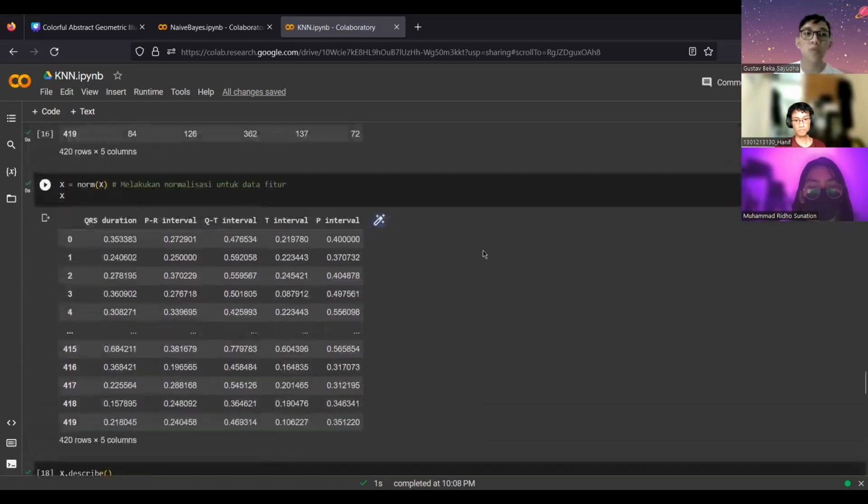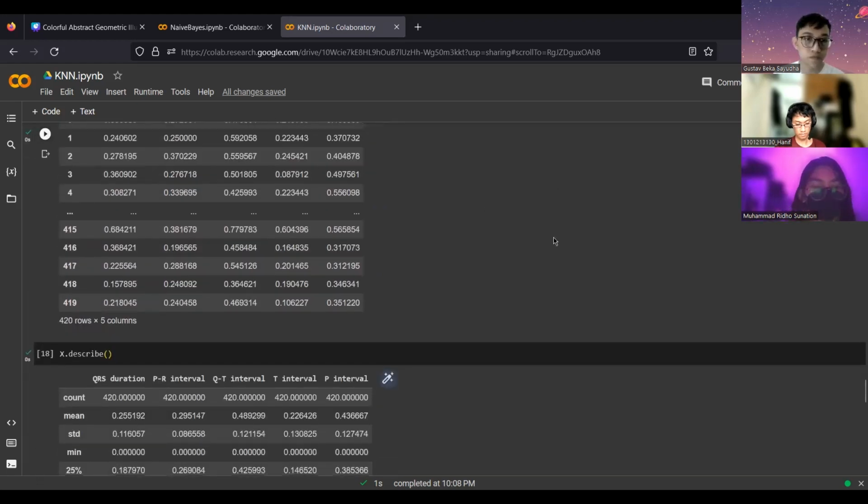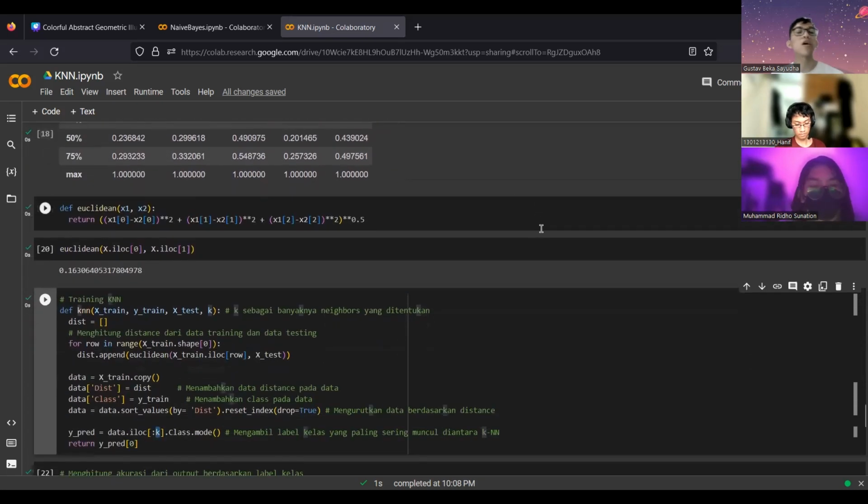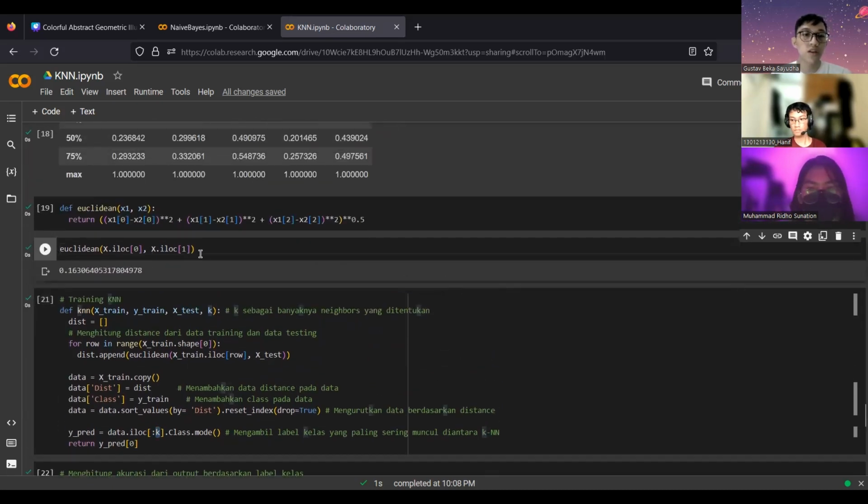After that, we use the normalization function to normalize the X data frame. And here we can see the result of the normalization. It's 0 point something. And this is the description of each data frame itself. It has a count of 120, a mean of so on, standard deviation of so on. Now we also use the Euclidean function here. It is used in our KNN training. And this is just to prove that our Euclidean formula works. And it has a result of